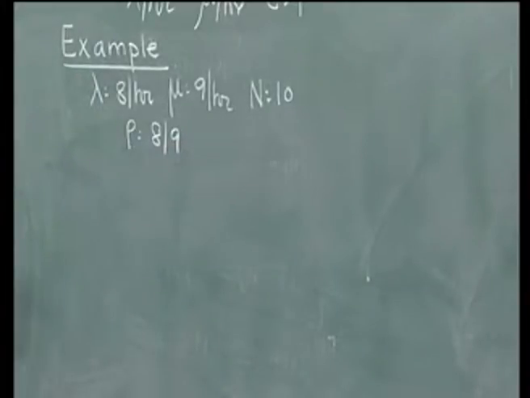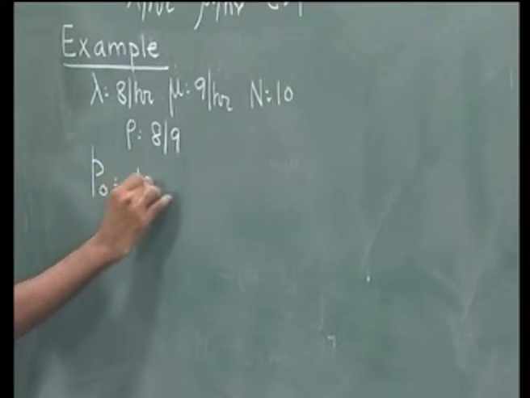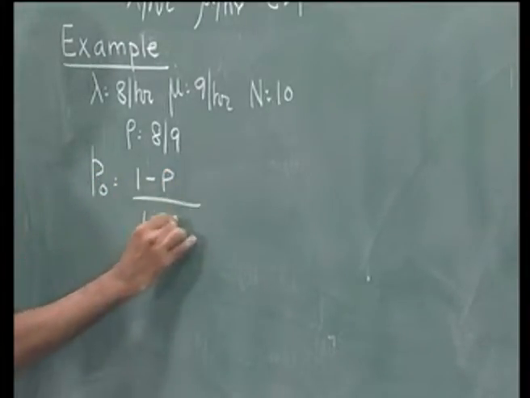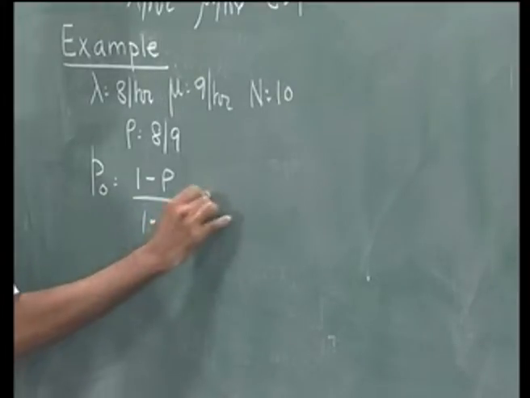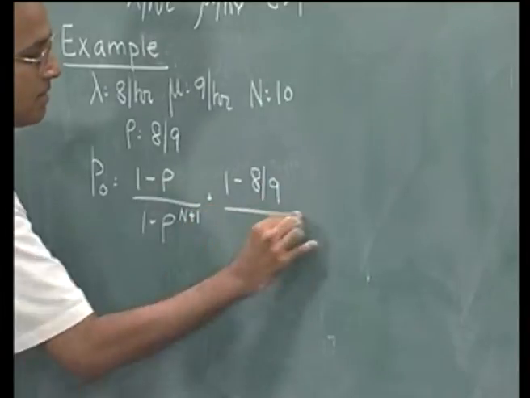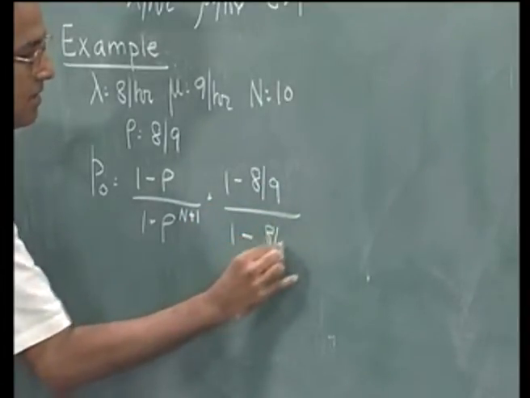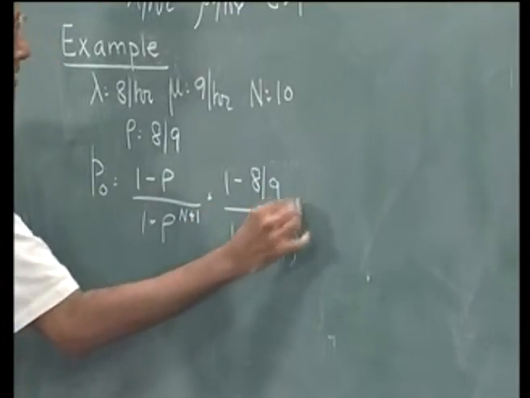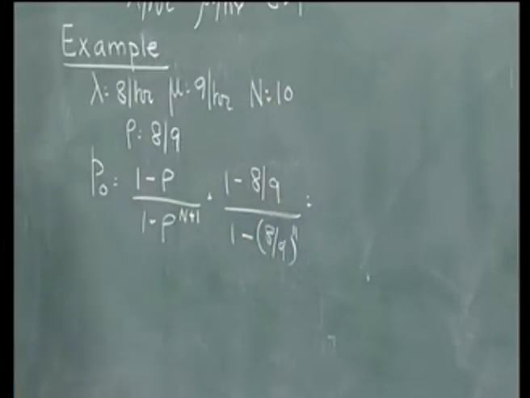Now, P naught, which was earlier 1 minus rho, will become (1 minus rho) by (1 minus rho to the power N plus 1), which is (1 minus 8 by 9) divided by (1 minus (8 by 9) to the power 11), and this on simplification would give us